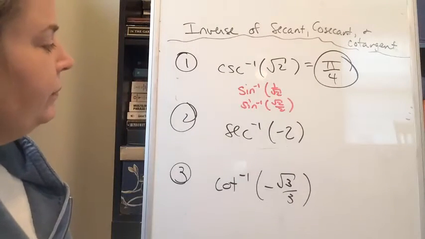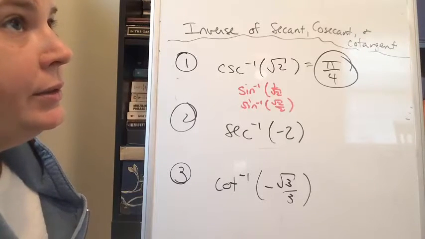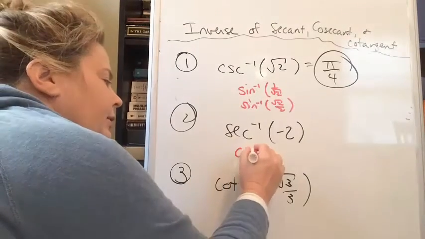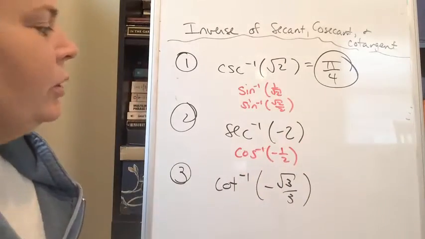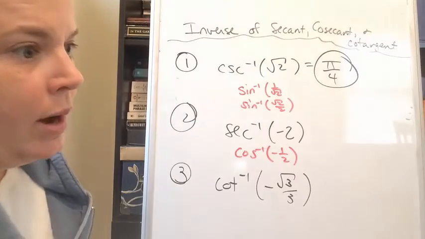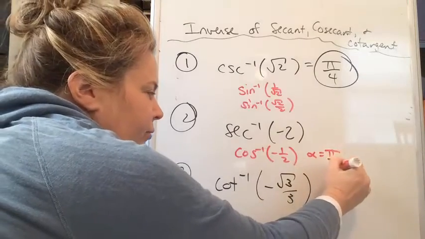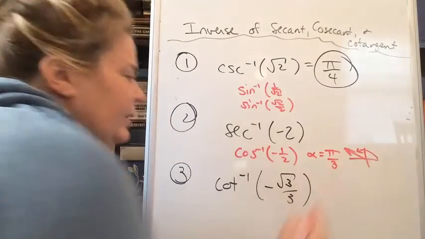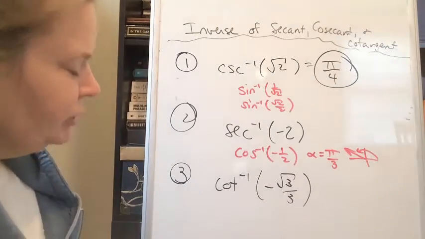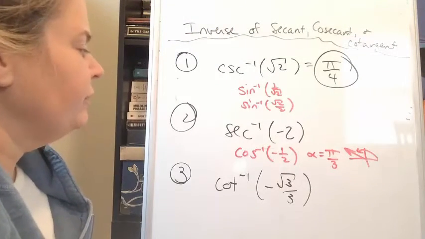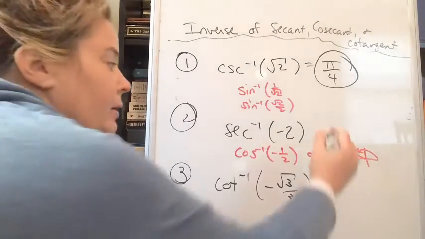Okay, so what about inverse secant of negative 2? To do this problem, I would think, okay, secant is the reciprocal of cosine, so I'll think of inverse cosine of the reciprocal of negative 2, which is negative 1/2. When is cosine equal to a half? That would be at 60 degrees, otherwise known as pi over 3. But the range of inverse secant is almost the same as the inverse cosine range. So we have to be in the second quadrant with a reference angle of pi over 3. And that would be